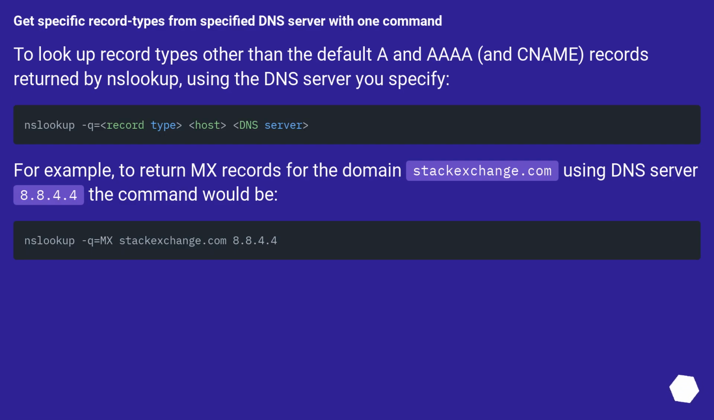Get specific record types from a specified DNS server with one command. To look up record types other than the default A, AAAA, and CNAME records returned by nslookup, using the DNS server you specify. For example, to return MX records for the domain stackexchange.com, using DNS server 8.8.4.4, the command would be